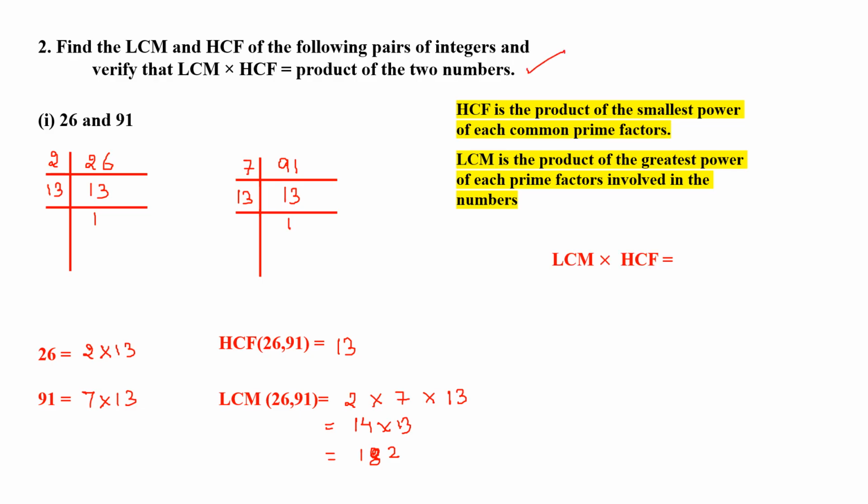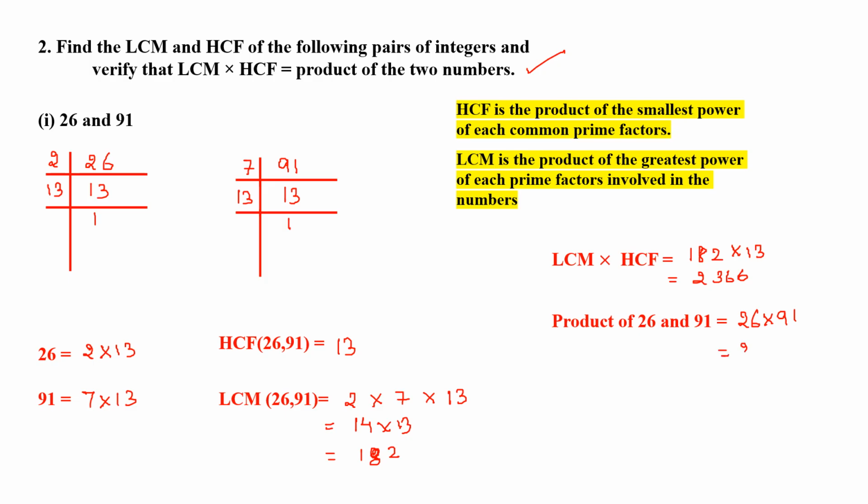So first find the product of LCM and HCF. LCM is 182 and HCF is 13. So you have to multiply it. 182 into 13, if you do, you will get 2366. Okay. And then the product of 26 and 91, if you multiply 26 and 91, again you are going to get